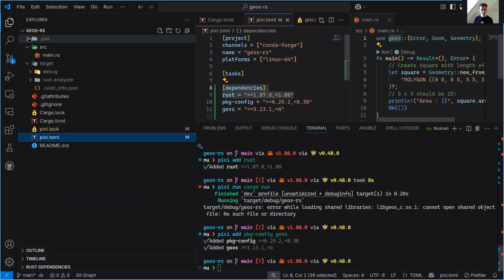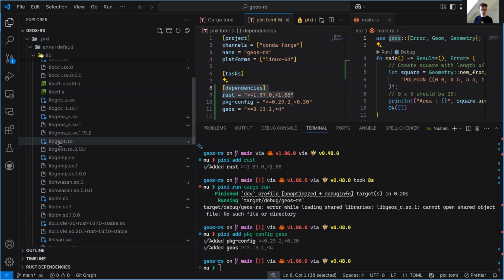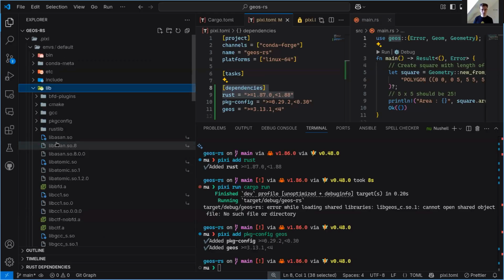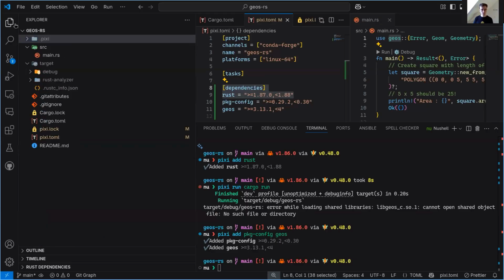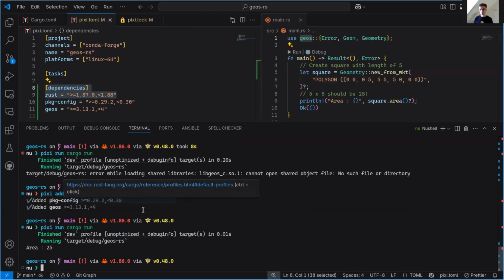And that one is now added to your Pixi environment, which is a local folder, which basically contains all the libraries, including libgeos here. That, by the way, also works on Windows and macOS. If I now run pixi run cargo run again, now it works. It finds the geos library in your environment, and it can now